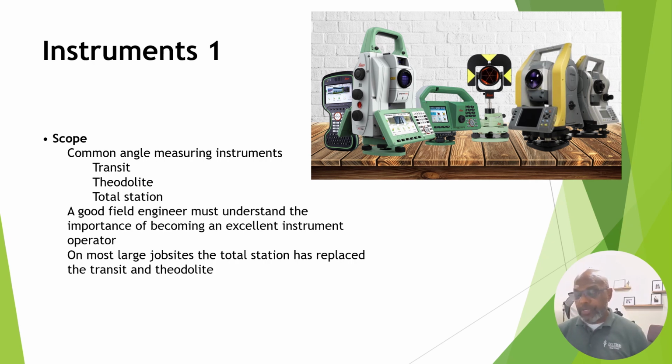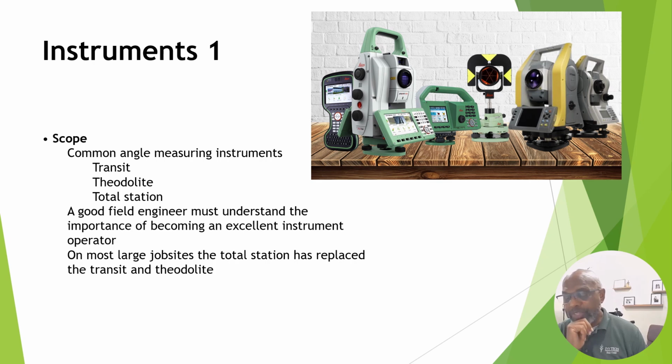So the field engineer must have an excellent understanding of the angle turning instruments being used, as well as the process of measuring angles whenever possible. Otherwise, control will not close. If we don't take accurate readings or use the instrument the way it was designed,